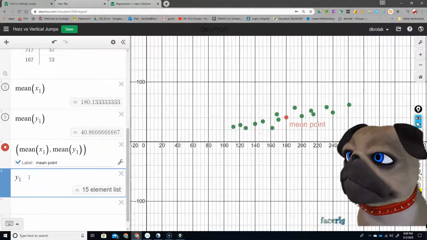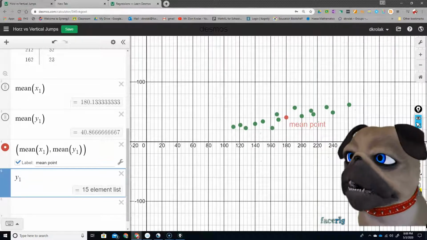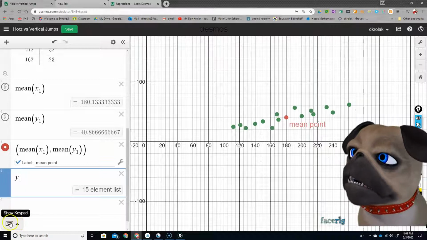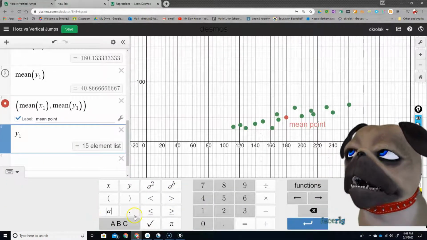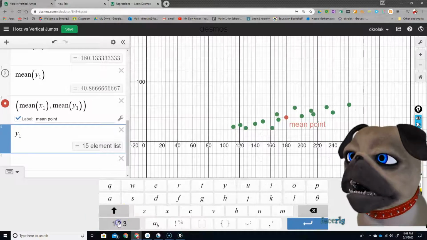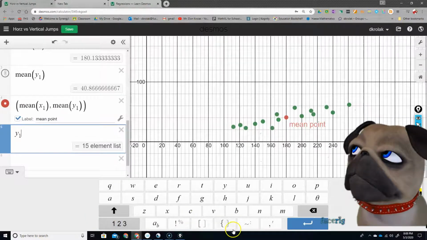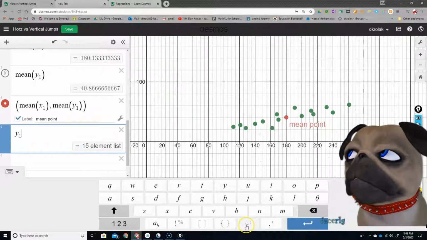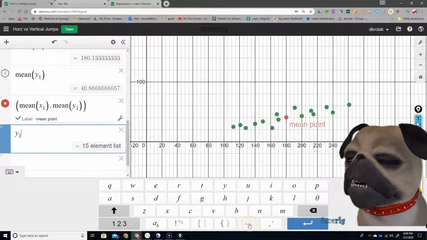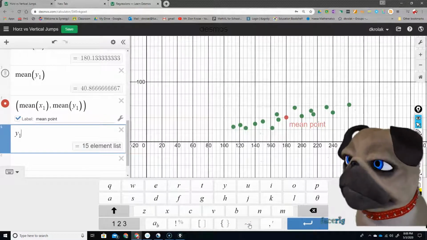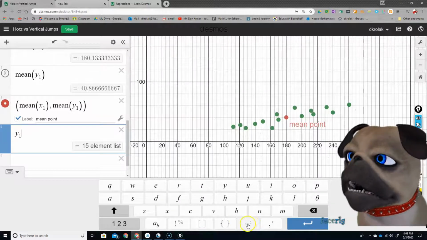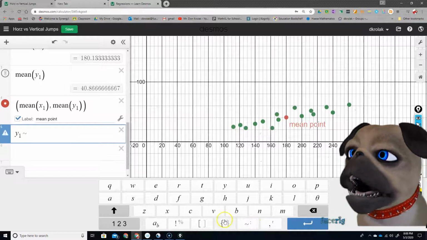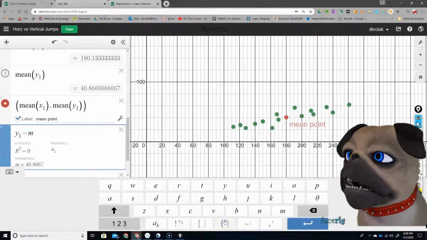Now you use what's called the tilde symbol. If you open up your keyboard in Desmos and go right down here, I'm pointing at it, you see that little squiggle, that's your tilde. In Desmos, that means regressed against. So we're going to go y1 regressed against m